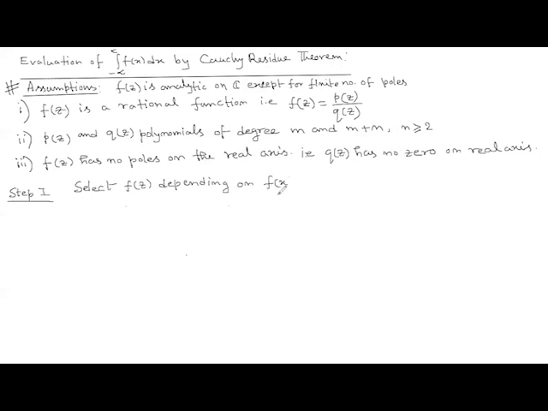And step 2 is to find the singularities of the function f(z) in the upper half plane. Next, the path of the integral is minus infinity to plus infinity, that means real axis. And here we want to apply Cauchy residue theorem, so we require a closed Jordan curve. So the third step is to take a semicircular curve given by this.